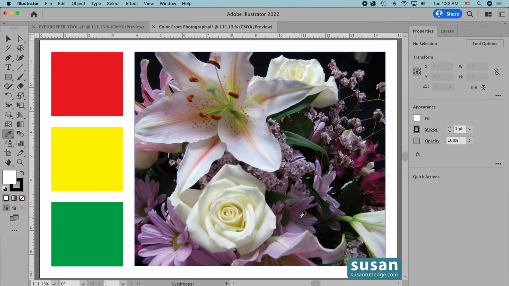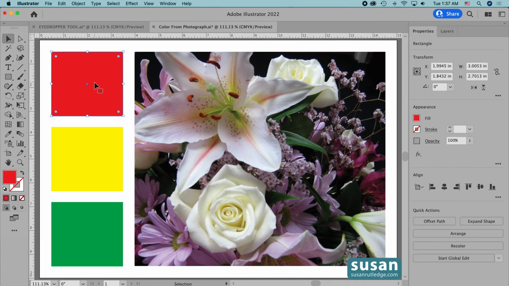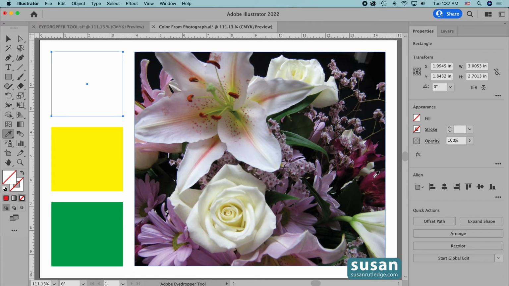This is a picture I pulled in from my photo library, and it has a number of really nice colors in it. I'll get the selection tool, keyboard shortcut V, and select the red rectangle, then get the eyedropper tool, keyboard shortcut I. And then I want to capture this raspberry color out of this flower, so I'll click here, and not only does Illustrator not give me the raspberry color, but it removed the previous fill that I had